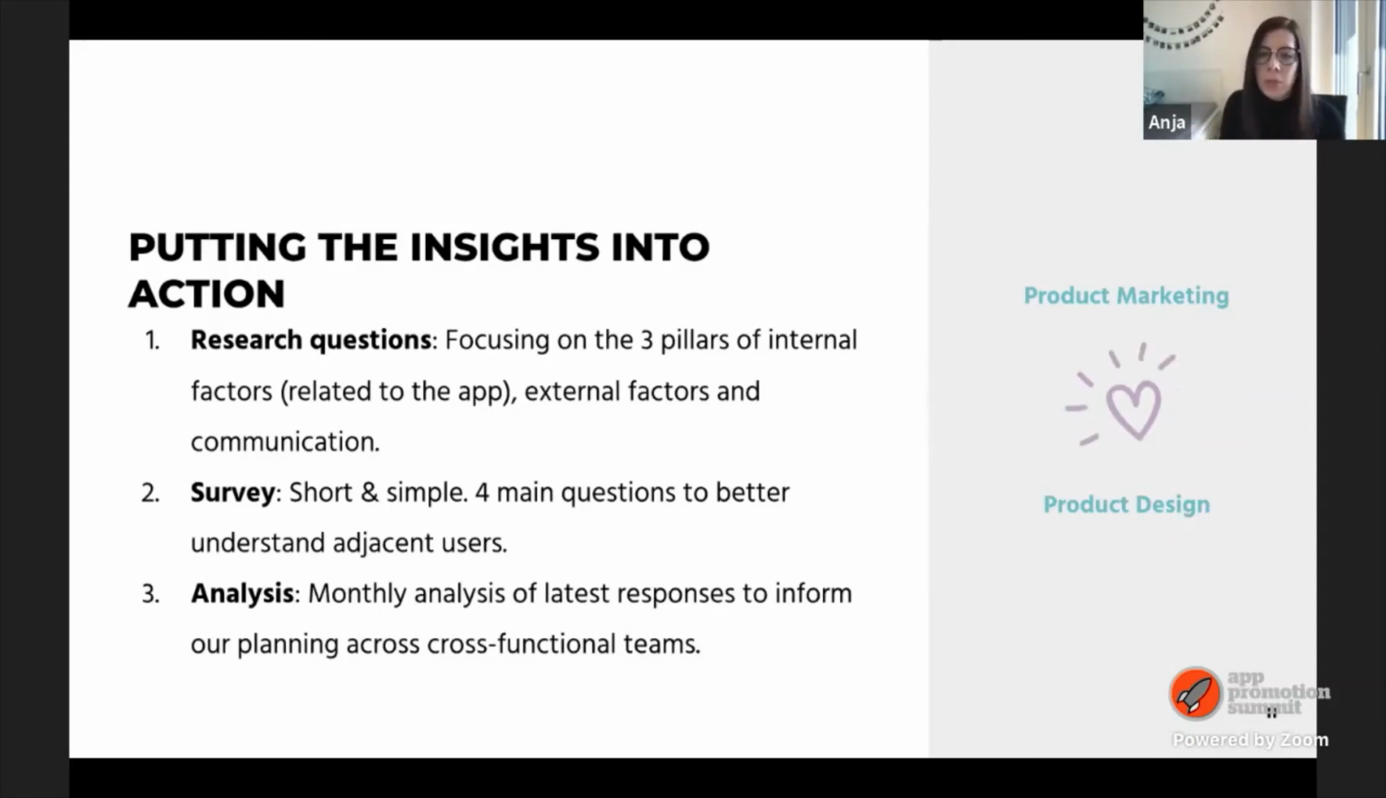And our guiding principle was that we need to keep it short and simple. We knew that those were the users who were not successful, so they were on the edge of dropping out from the app. If we would send them a 50-question questionnaire, they probably would never even have a look at it. So we have 4 main questions to better understand the adjacent user in there,